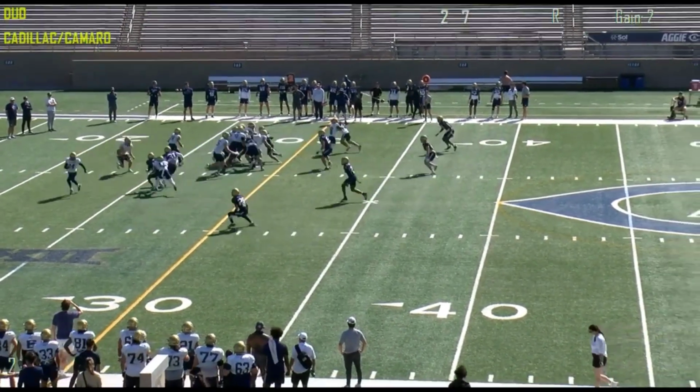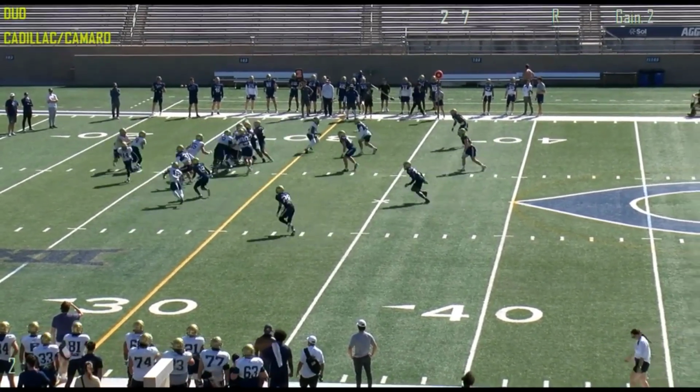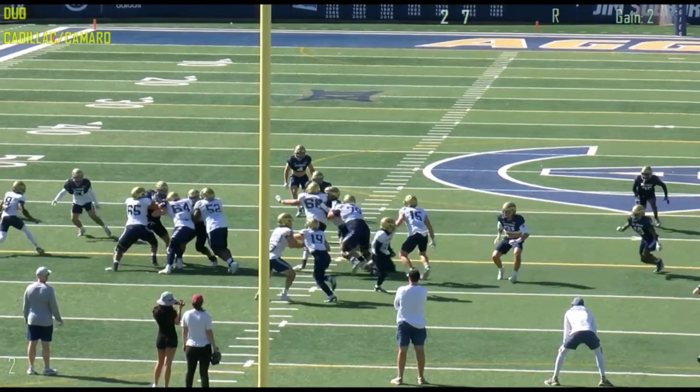Okay, Cadillac. Mateo's there on the third step. Tackle alignment: 1, 2, 3. Right? Third step, he's at the mesh point. His eyes are on the B gap. Okay, B gap is closed, but B gap is closed when we have our offensive tackle's shoulders and number square